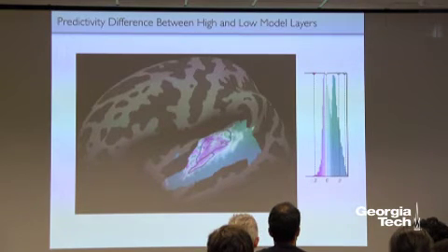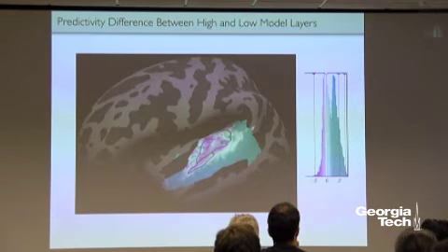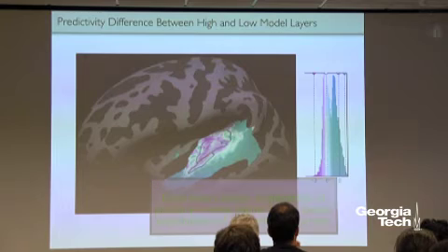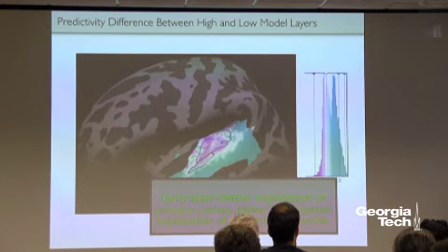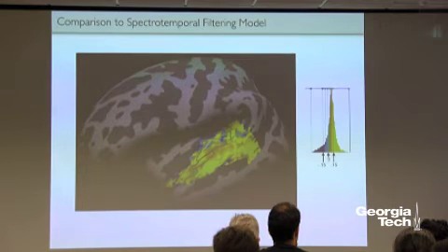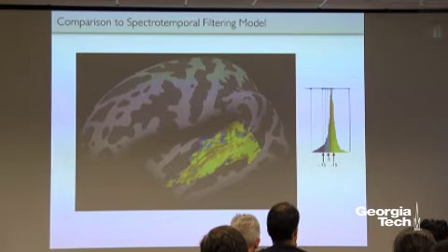This was interesting and encouraging because it suggested that we could confirm and deepen our understanding of where the hierarchical structure in auditory cortex was in humans, which was hard otherwise. So early layers are a better explanation of primary cortex, whereas higher layers are a better explanation of non-primary auditory cortex. There's a spectrotemporal filtering model that was the best model for primary cortex, and so just comparing to that, in the high